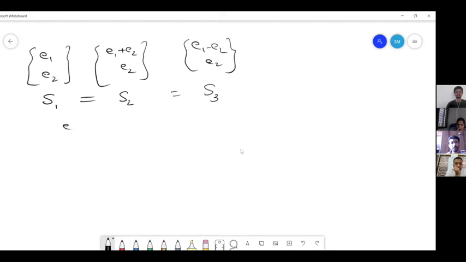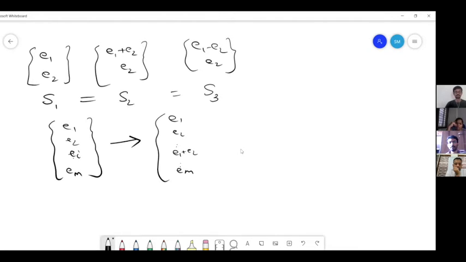Say I have E1, E2 till EM. So EM equations I have. Okay. So one thing now, if I replace EI by, say, E1 plus E2, and the rest all are the same. Now, do you think the solution space will be preserved? I'm replacing EI by E1 plus E2.